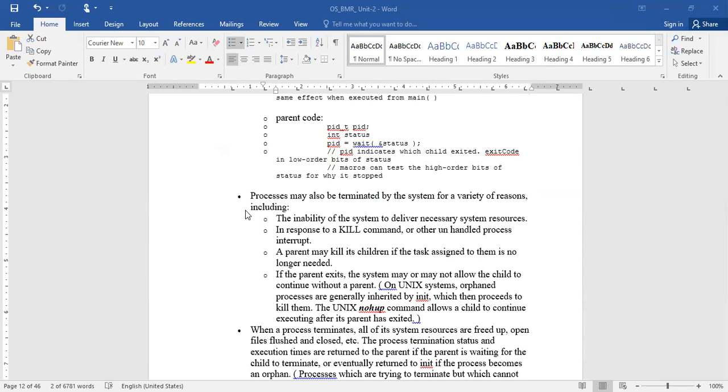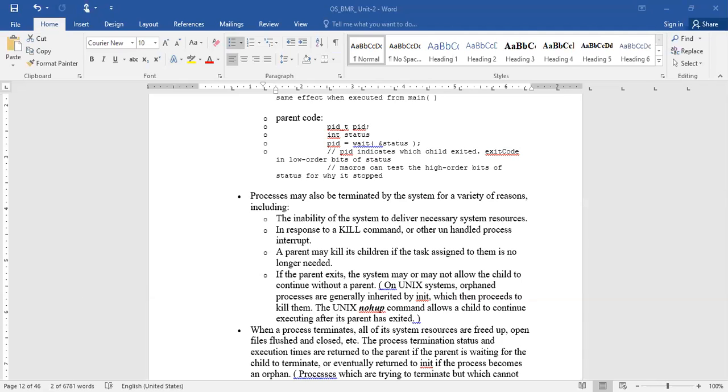Right? So the process may also be terminated by the system for a variety of reasons. Okay, up to now, depending upon the system and process requirement, it can have the facility to terminate on its own, but sometimes it is also possible the system can suspend some of the processes for a variety of reasons, right?